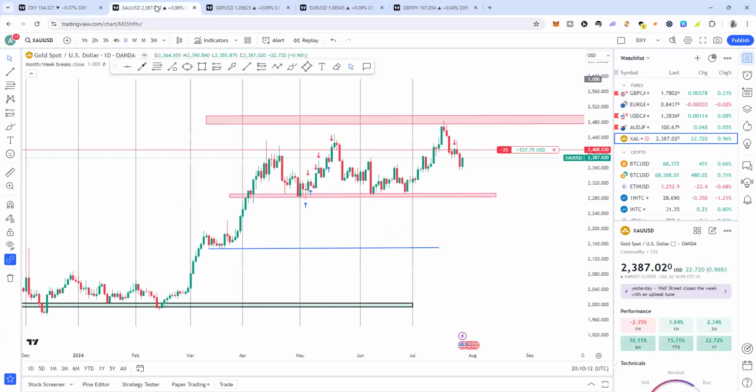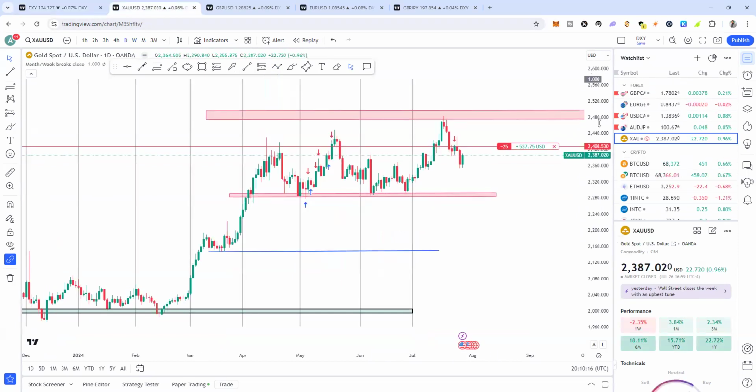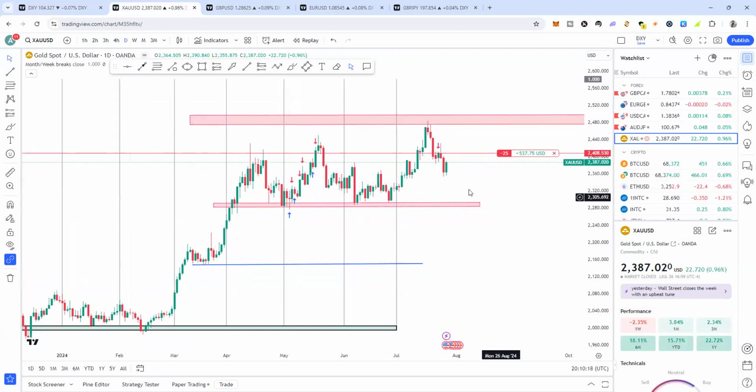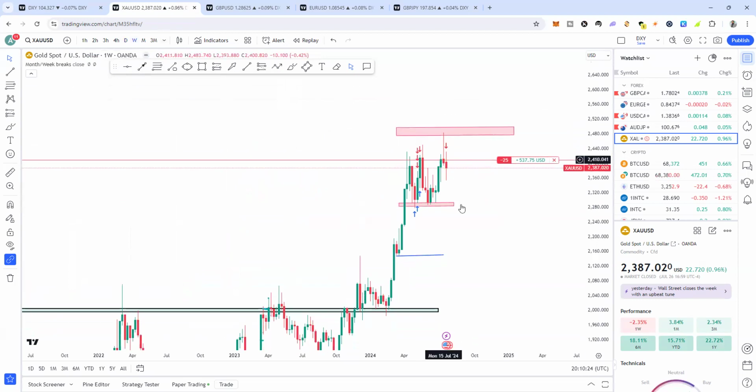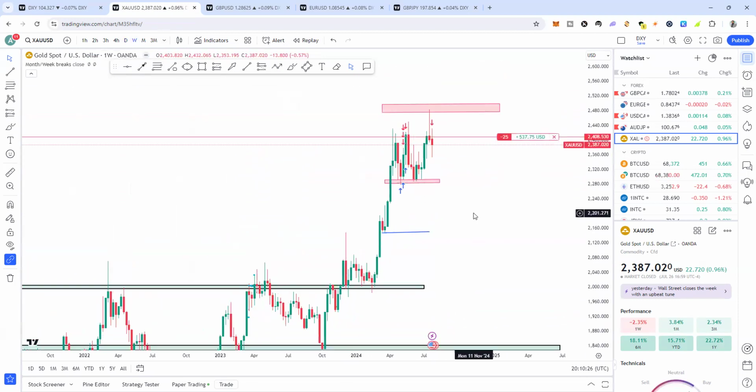Let's see what gold has been doing. Remember, 2 weeks ago, last week on Monday, I called for a sell because of the way gold closed. Although gold is bullish, don't forget I've been saying on this channel that an opportunity for a pullback for gold is an opportunity to buy. I'm praying that gold should really pull back, because when you have a bullish asset like this, you want it to pull back to a zone where you can easily take another buy.